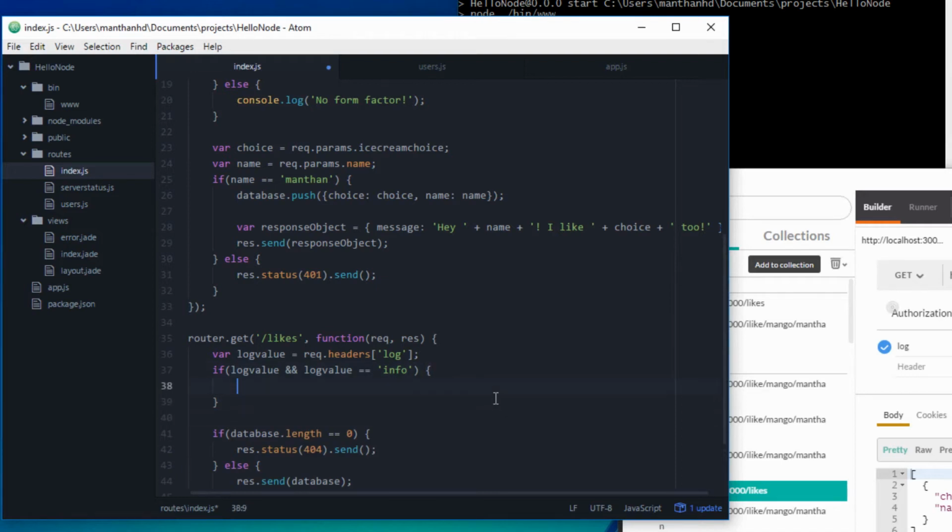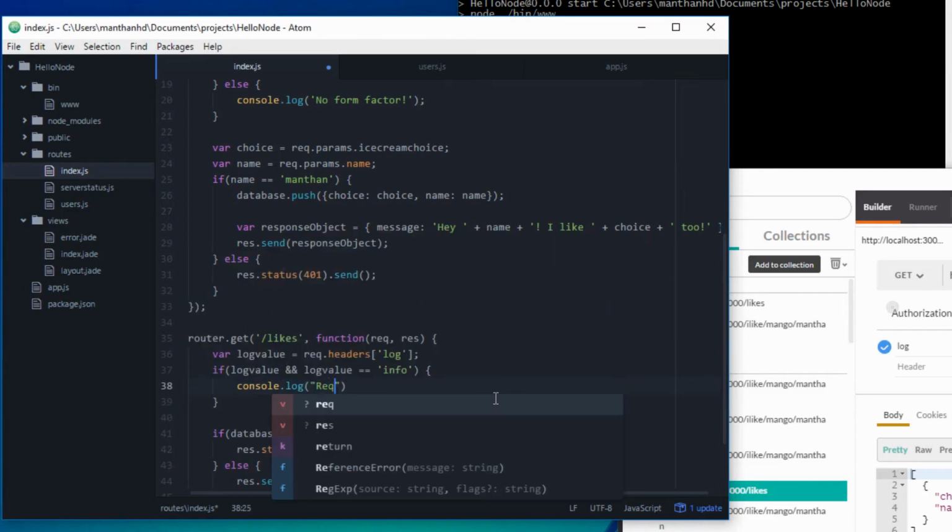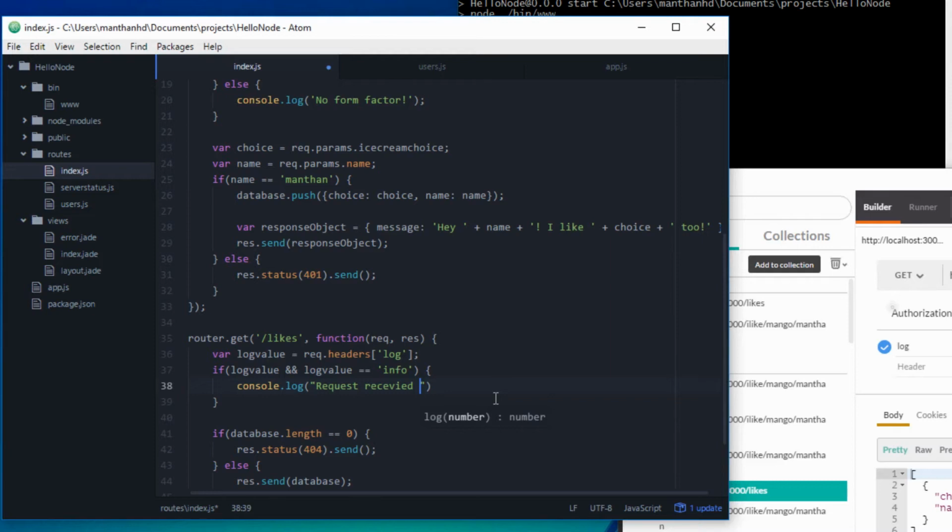then we'll say console.log request received for /likes. That's it. So now if we restart the server